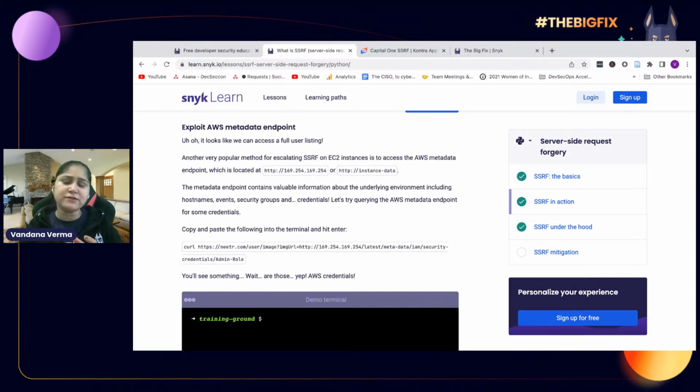So server-side request forgery is an interesting vulnerability, which can be harmless or very, very critical at the same time. In a typical SSRF attack, an attacker might be able to get information about internal-only services or even authorized credentials. It can be that tricky.